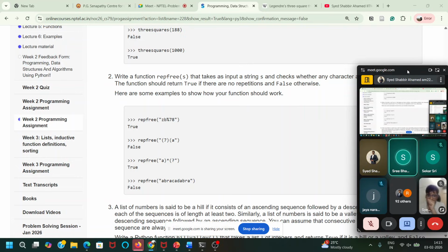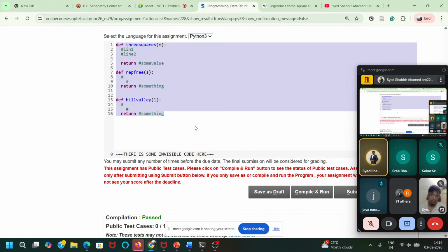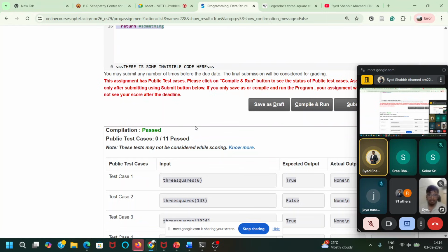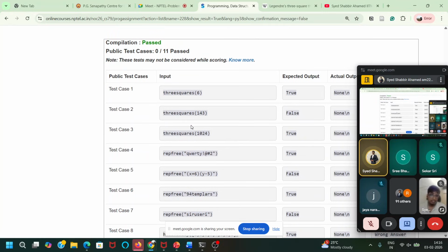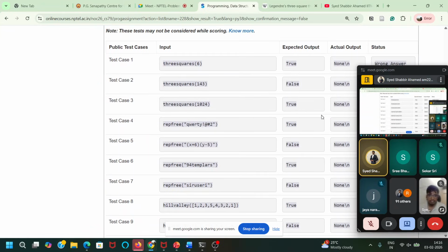But how do we run in our main exam? That's my question. No, Bhavana, here we have a window, right? In the main exam also you will have a window. There you have to write your program, type it out, and similar things will be there. There will be test cases, you have to compile and run, and then you will get the result.